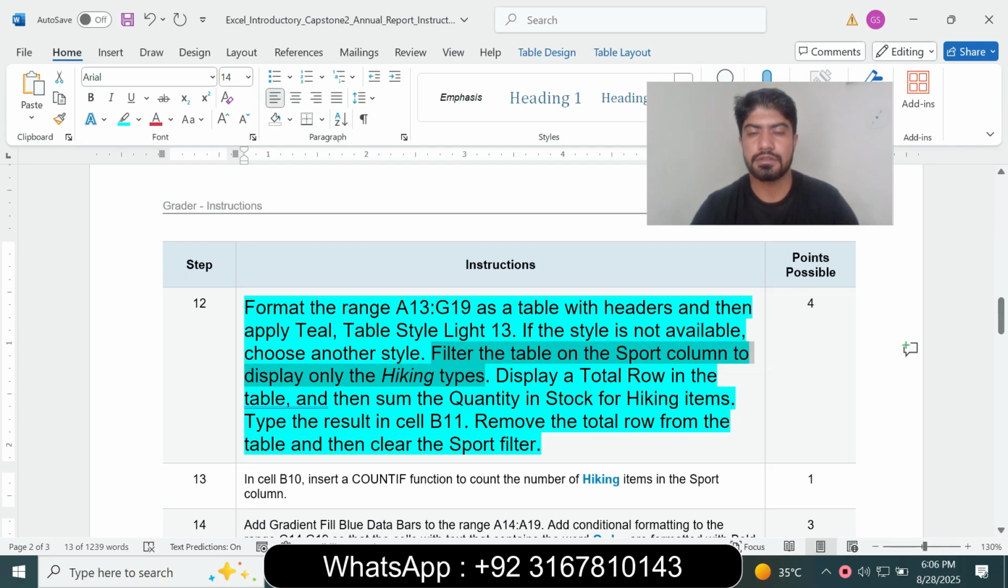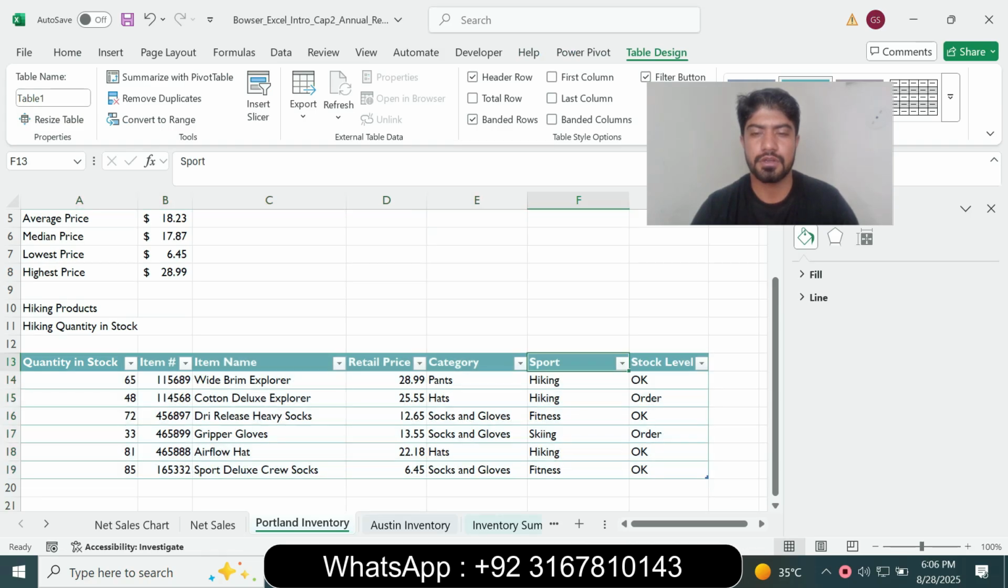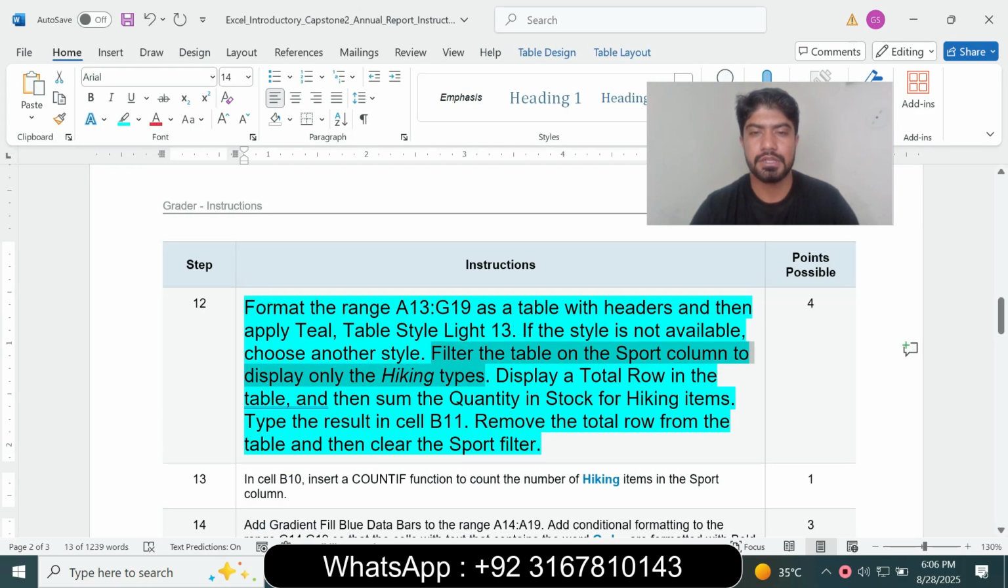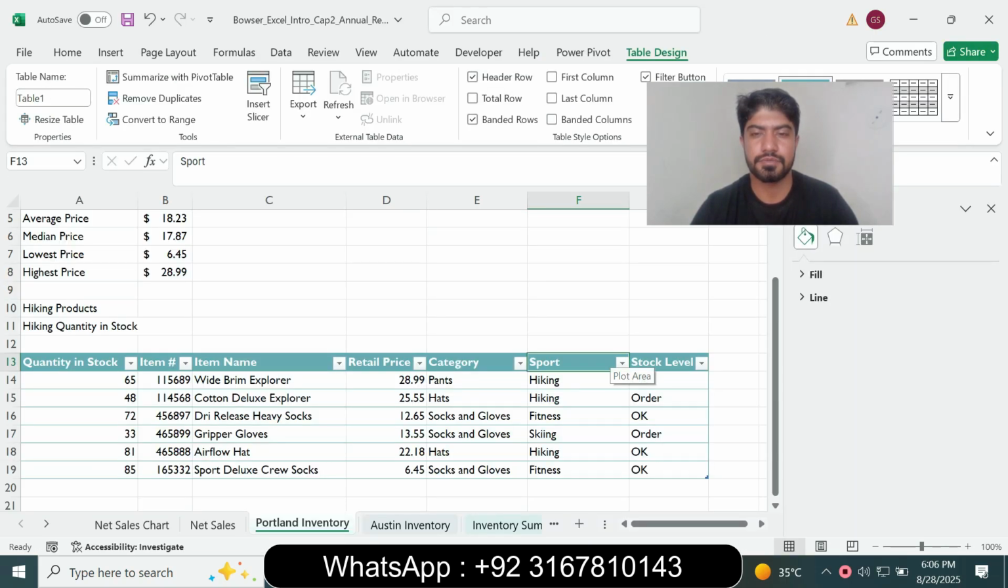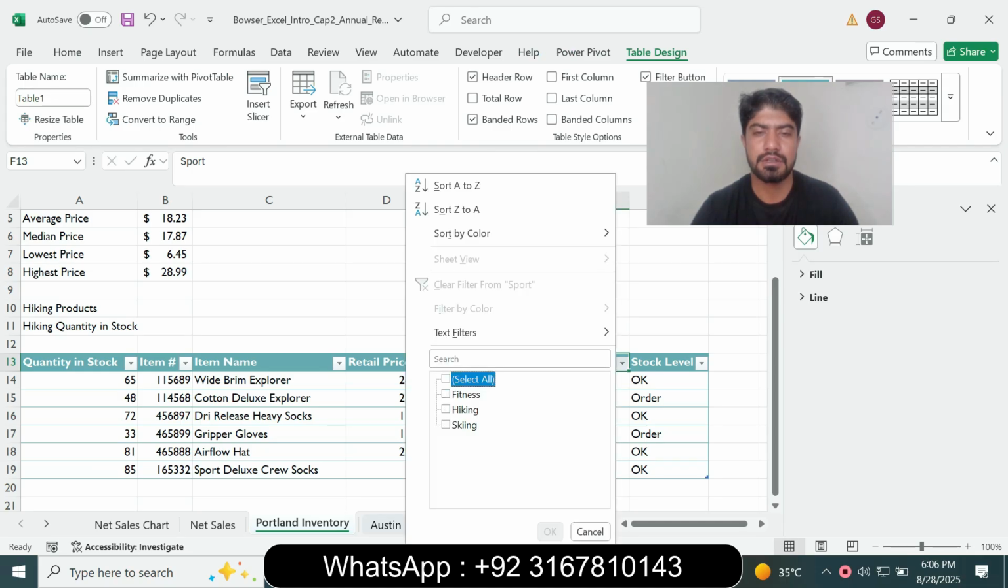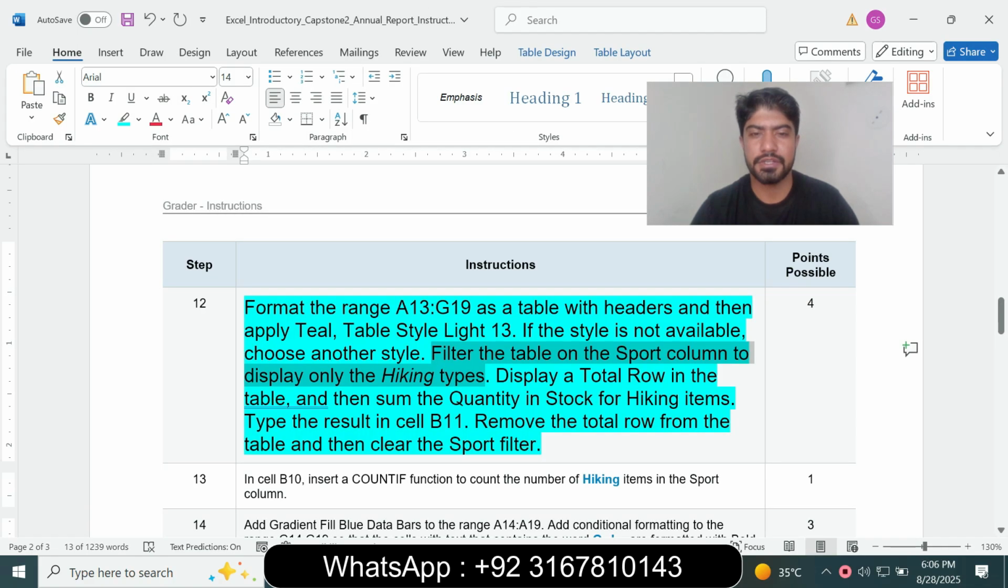And next is filter the table on the Sport column to display only Hiking types. So select the Sport column and filter the table to display only Hiking types. So select all and display the Hiking. Click OK. So the Hiking type is displayed, and next is